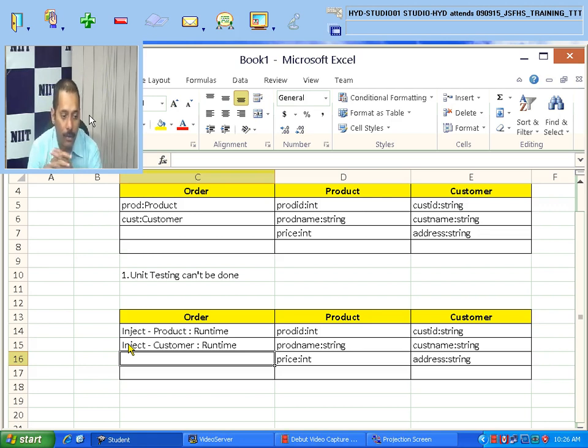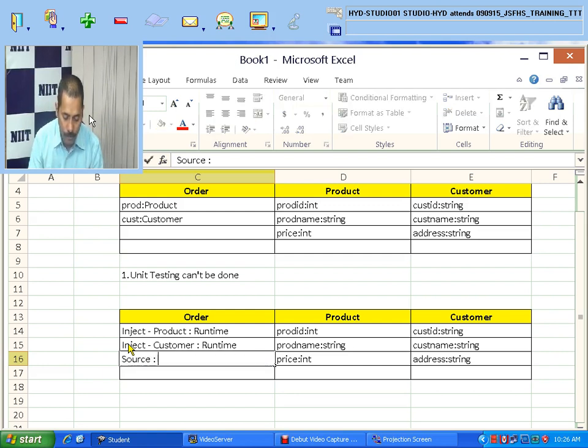That is what we are going to do in the loosely coupled architecture in the case of a Spring-based application. The order class will contain that particular object at runtime, and the source will be the XML file. The information is already contained in the XML file.